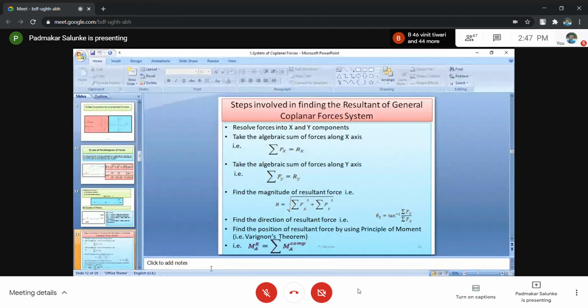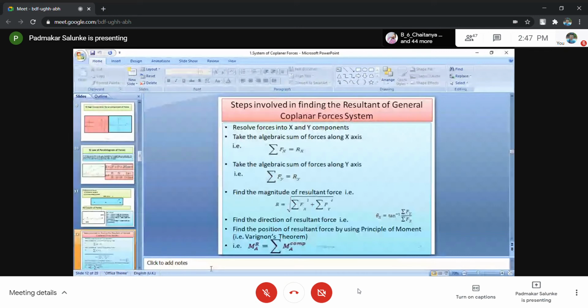When you are calculating all its components, all are never to the right, all are never to the left; some are left, some are to the right. So what you have to do, you have to go for your own sign. If right is plus, left you have to consider minus. And that is called the algebraic summation of forces.